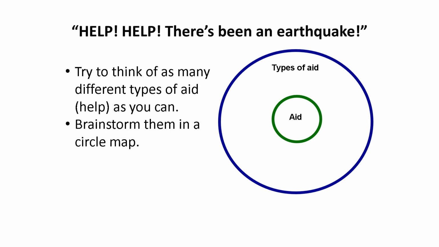So what I want you to do, spend a few minutes. Imagine there's been this disaster, there's been an earthquake, you've watched the video. If you can't find a link to that video, go onto YouTube and find what happened. There's loads of images and little video clips of what happened in Haiti. Imagine that they need help. Just brainstorm as many things as possible of aid that they would need. What forms of help, assistance, resources would you need if there's been this disaster in a very, very low income country?